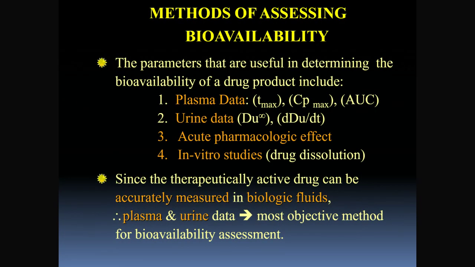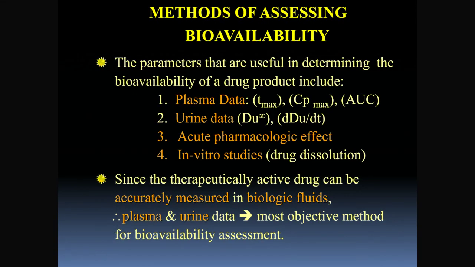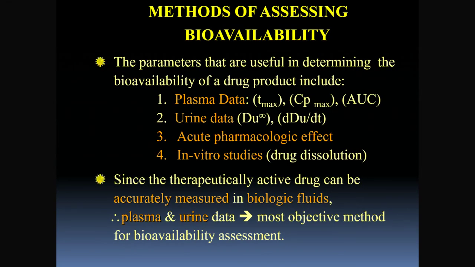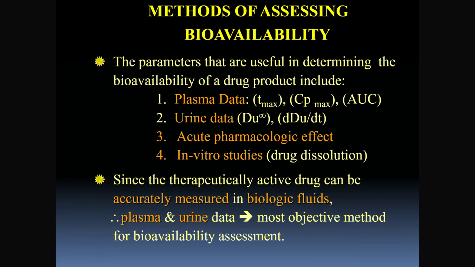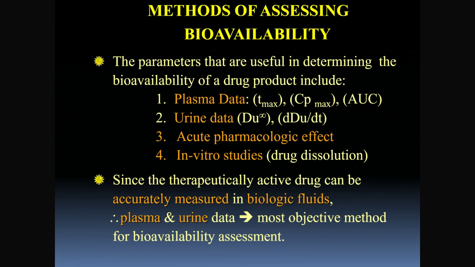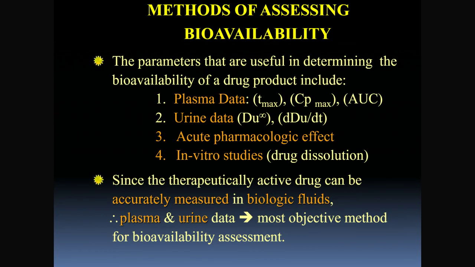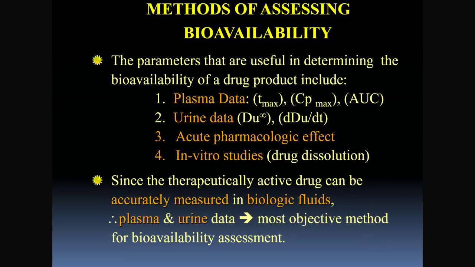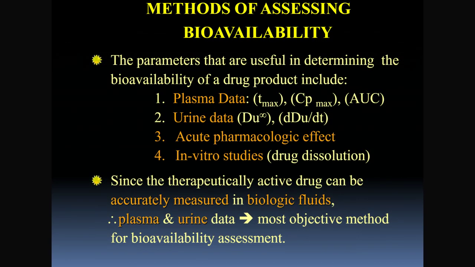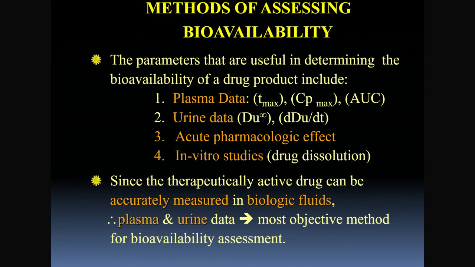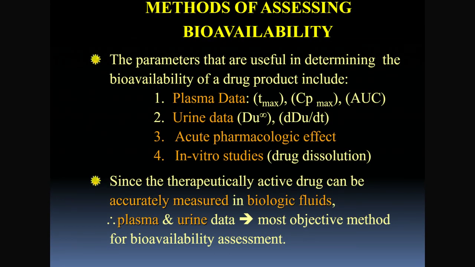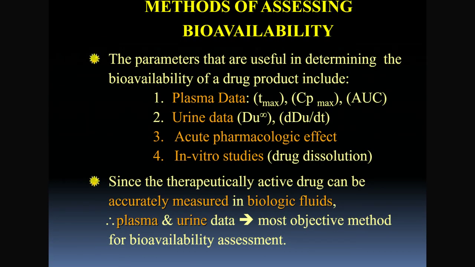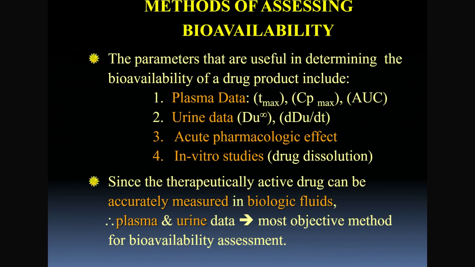Alternatively, urine data allows us to calculate du over dt, which represents the instantaneous rate of drug excretion, alongside du infinity, the total cumulative mass of the drug eventually eliminated by the kidneys. These direct measurements in biological fluids provide our most objective data because they track the actual movement of the active moiety, rather than relying on subjective clinical observations or external dissolution tests. What factors do you think make measuring the chemical concentration itself more reliable than simply observing the final pharmacologic effect